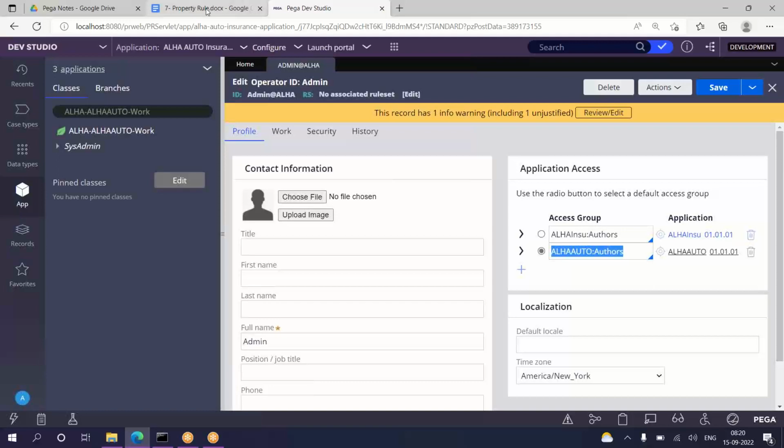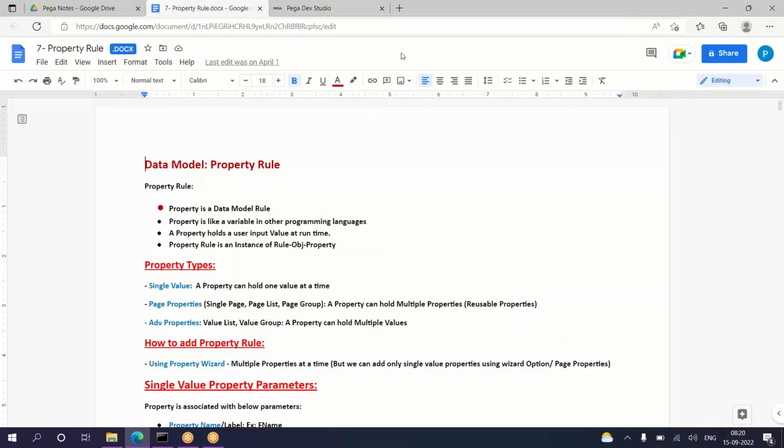Now we are going to work on the practical part. Okay. So first we are going to begin. See, any development begins with the data model, like properties, which are one of the base rules we need to define in the application to design anything in the platform. So whenever we are going to